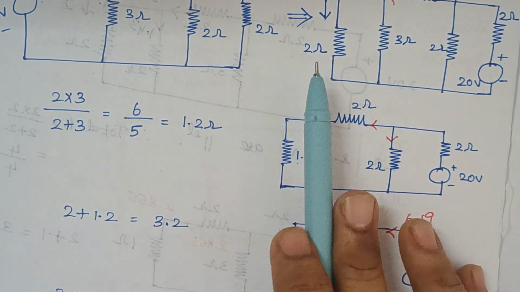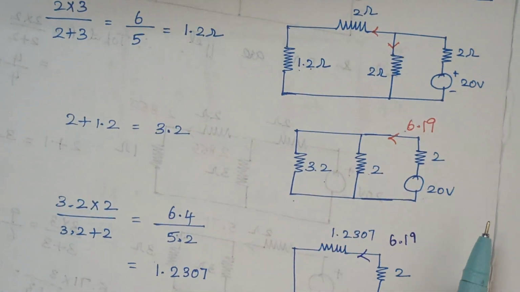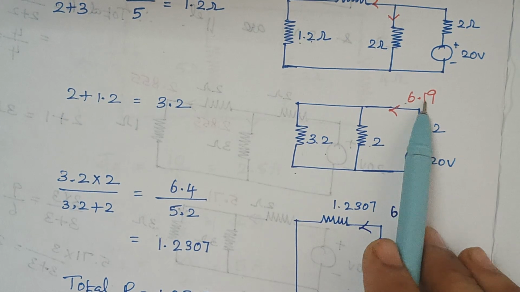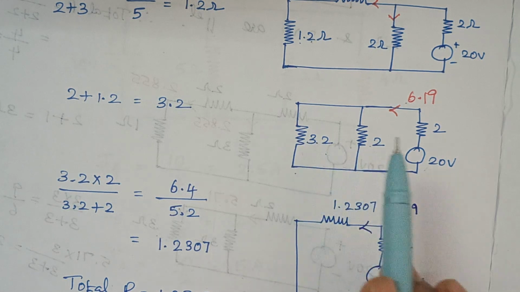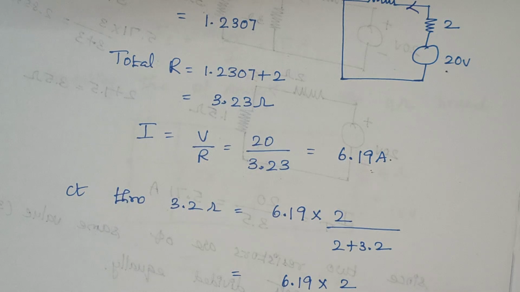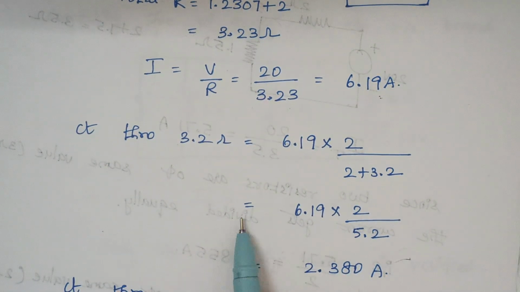So we need to calculate the current that flows through this 2 ohm. Therefore here we are calculating the current that flows through this 3.2. When you put in the values, the current that flows through this 3.2 ohm is